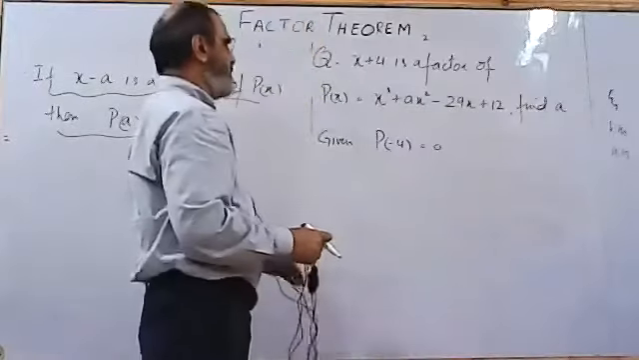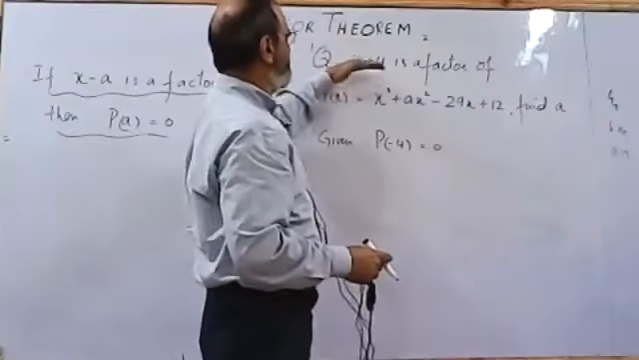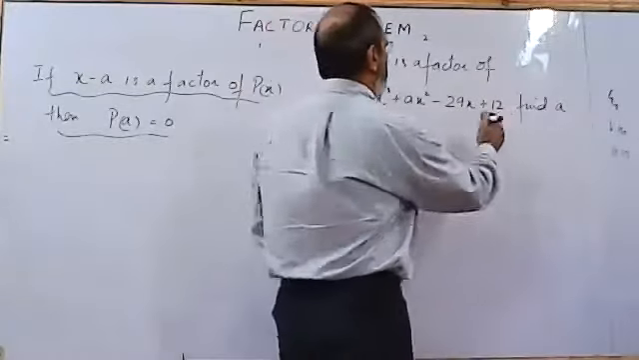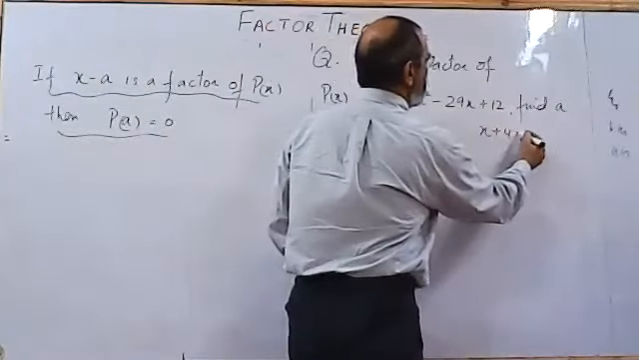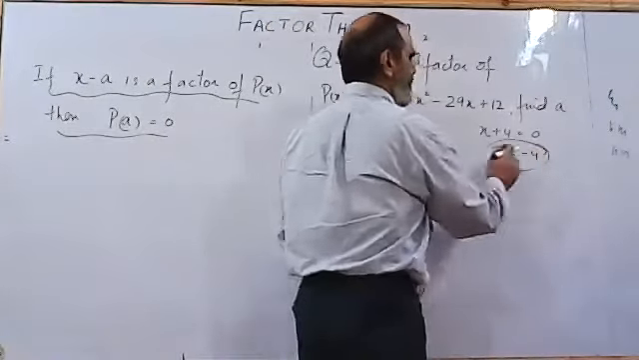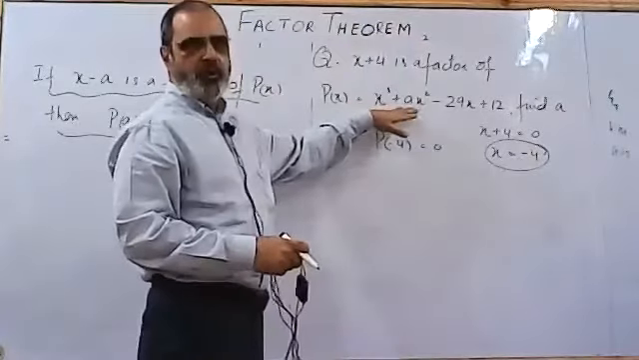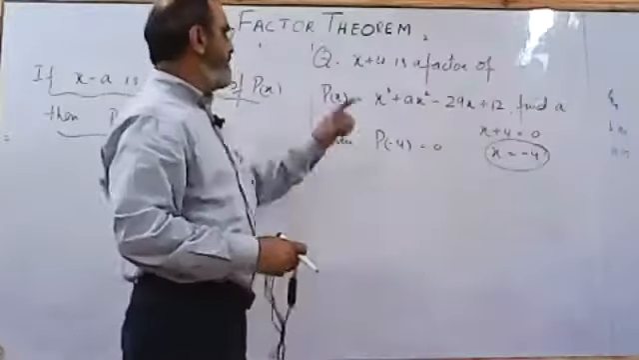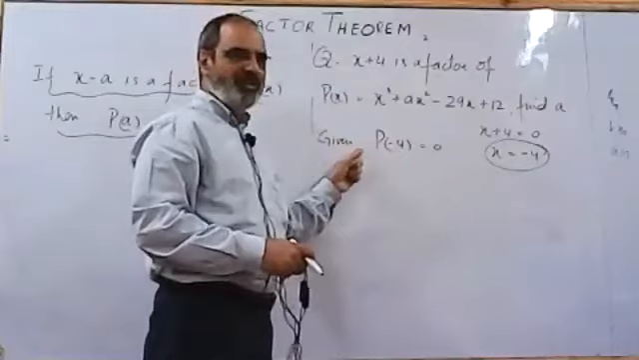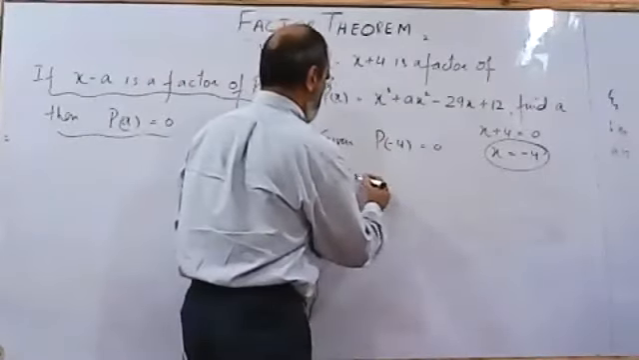In the previous case, we had to show that it's a factor. Now it is given that x plus 4 is a factor of the polynomial. You have to find a. So I have used x plus 4 is equal to 0. That gives me x is equal to minus 4. The value x equal to minus 4, I have to replace in the polynomial. And I know because x plus 4 is a factor, it comes out to be 0. This equation is given this time. So x cube plus